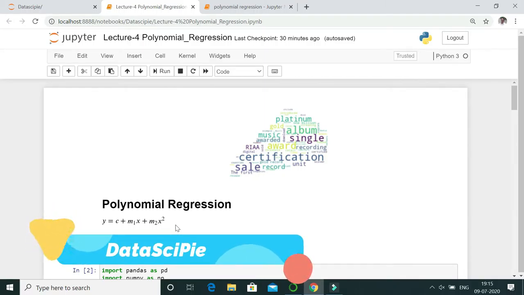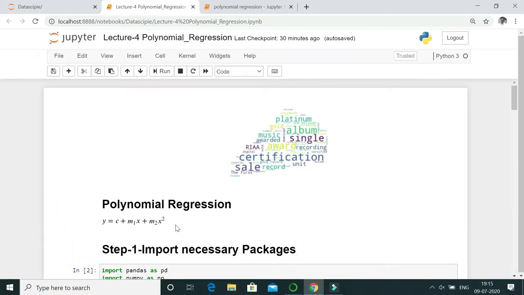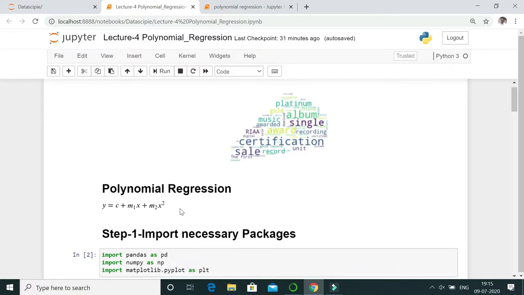Today we are going to start with polynomial regression. Before commencing the video, if you have not gone through my last video on linear regression, please go through it, as the current lecture is dependent on the last lecture. If our scatter plot is providing a curvy trend, then we can't utilize linear regression. So there we will have to utilize polynomial regression.